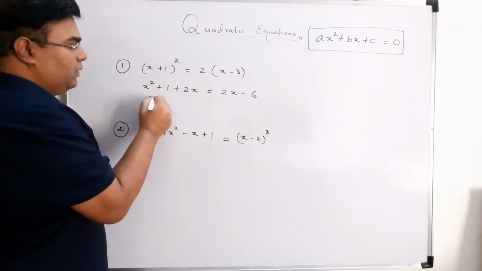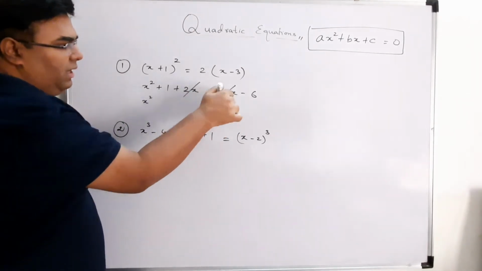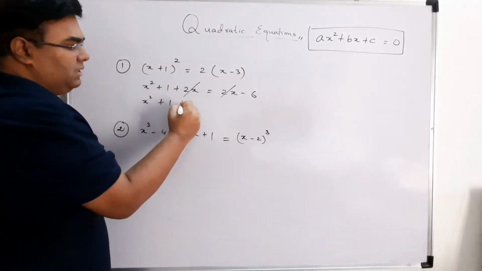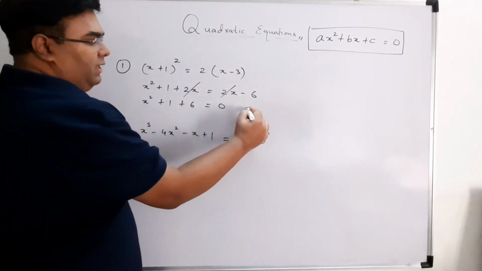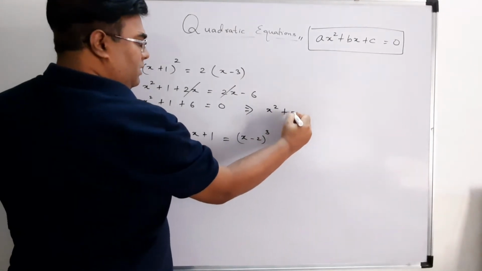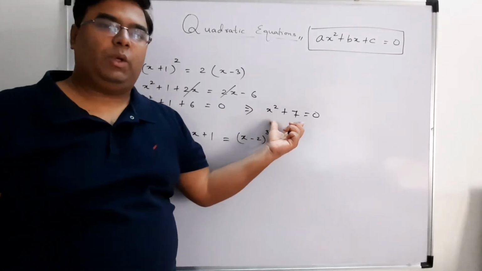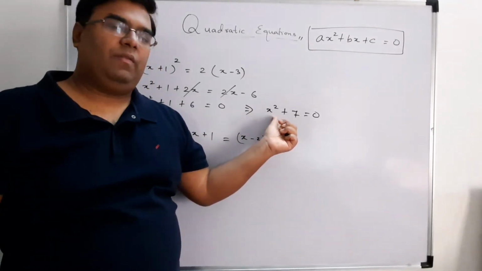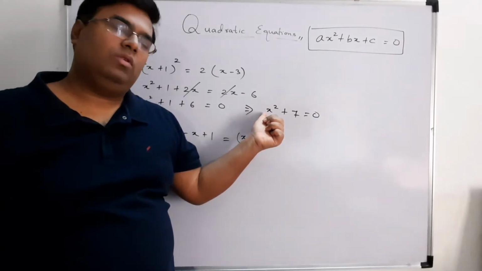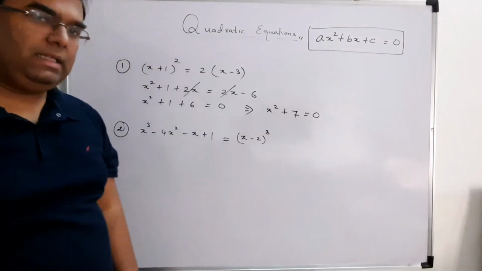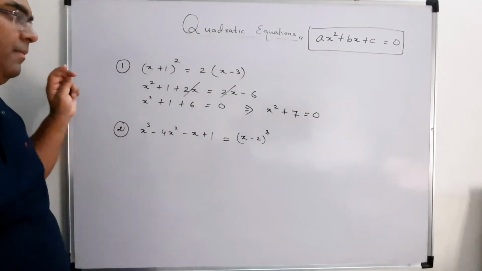It will give you x square. See, you can simply cancel it from here, plus 2x and 1 minus 6 will come here is equal to 0. So you can write it like this: x square plus... Now it is of my quadratic equation form. Why? Because the highest power of x is 2 and here a is also not equal to 0. So we can say this is my quadratic equation. Here it was not looking like that, right?